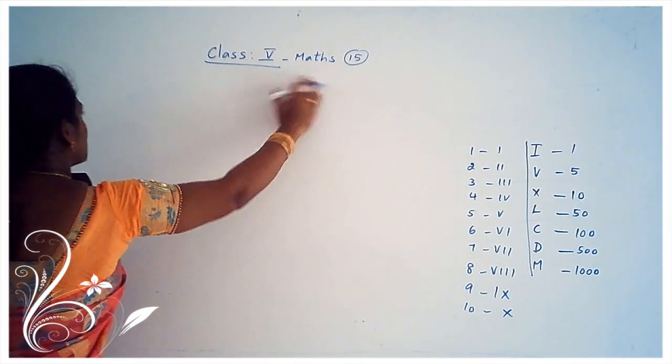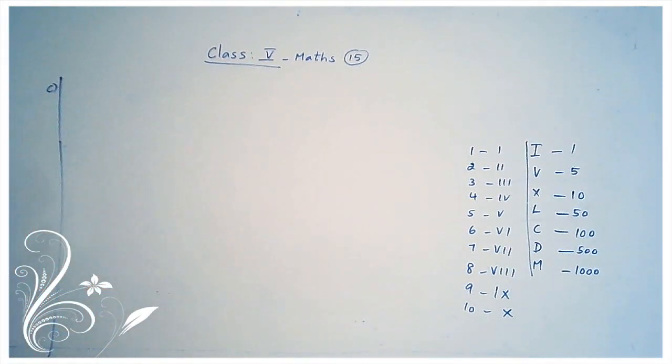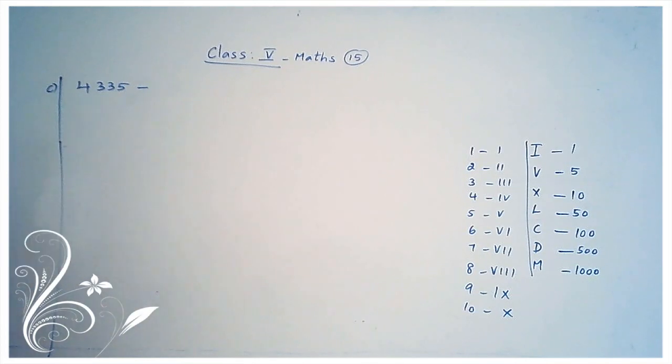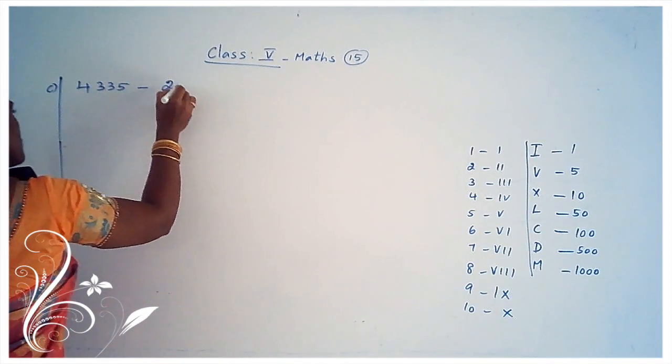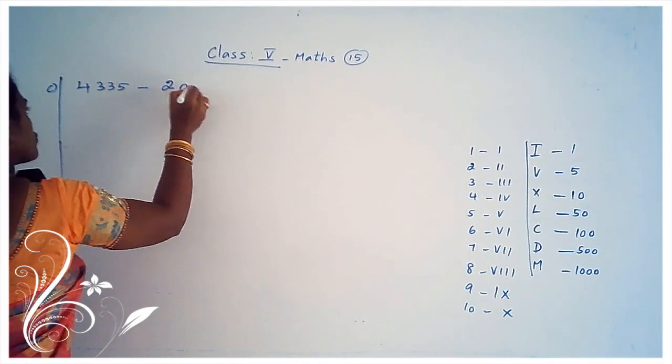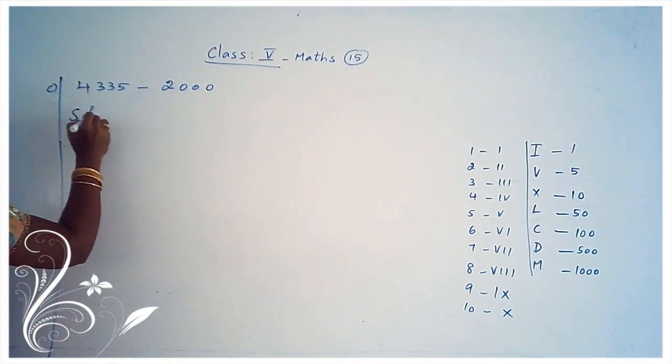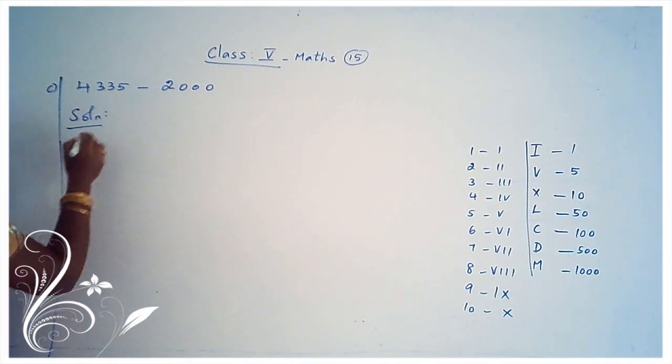Same question, C part, okay? 4,335 minus 2,000. Okay. All of you look at the board. Don't write. Okay, children. Listen carefully. First of all, we have to find the value of